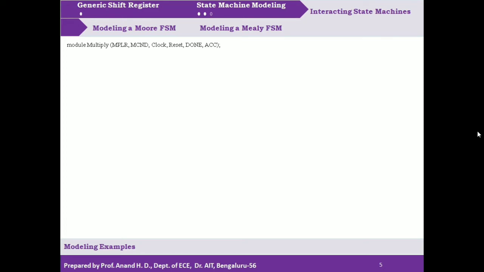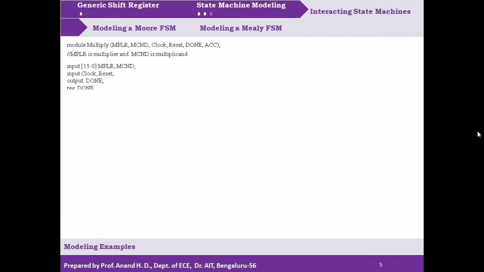MPLR will be the variable indicating the multiplier and MCND is the variable which is going to indicate the multiplicand. Then we have clock, reset, done as signals, and ACC is the accumulator content, a variable which is going to point to the accumulator content.